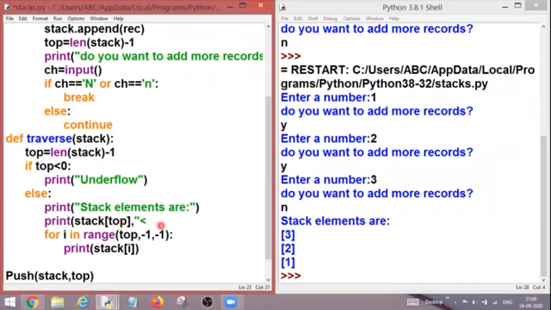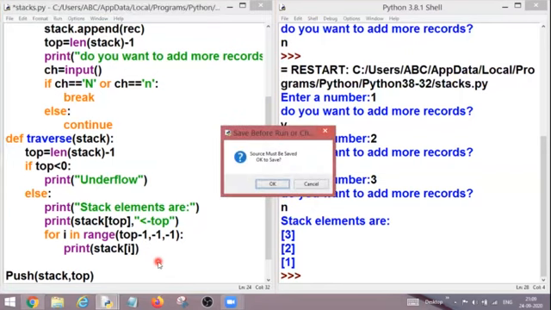I can write top in this way. And because my topmost element is already printed inside this print statement, I need not run the for loop from top. I will run it from top -1, so that the next element in the sequence will be printed.